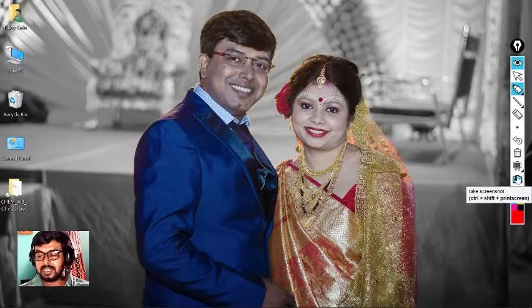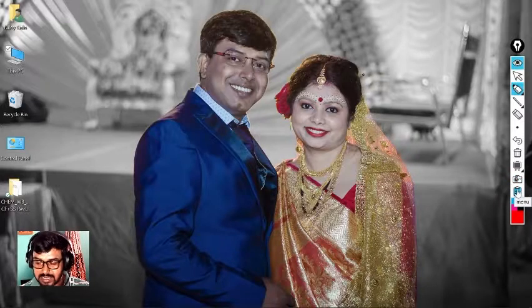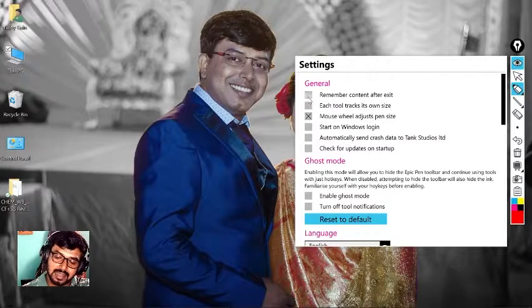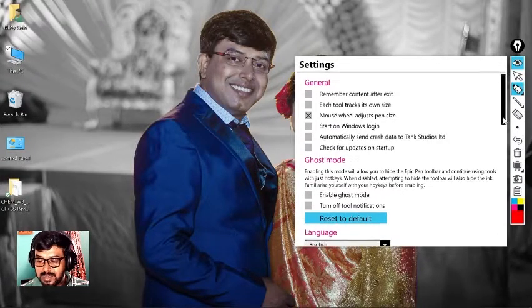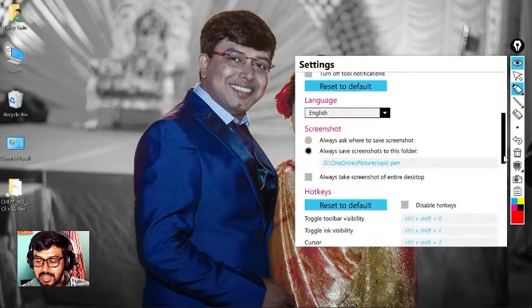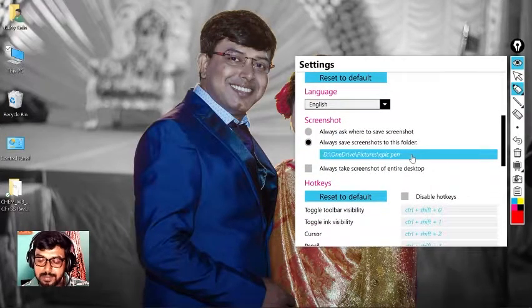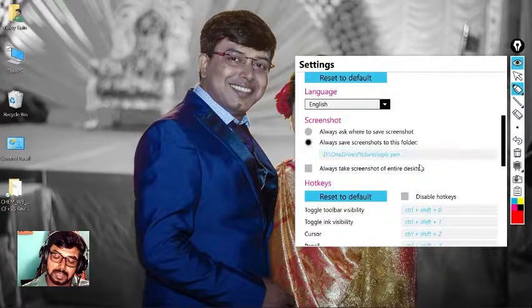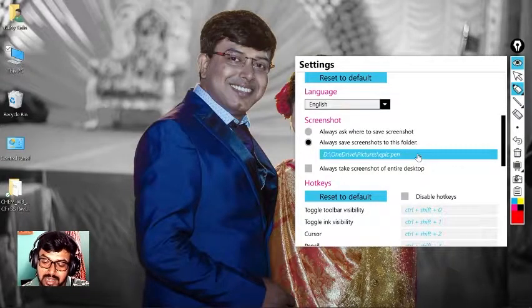You can take a particular screenshot. You can take the whole desktop. You can take a selective area. I'll be describing this part. This is the menu. In the settings, you can have so many options. Check for updates at startup. And obviously, you can have OneDrive. I am picking it, saving it to OneDrive.